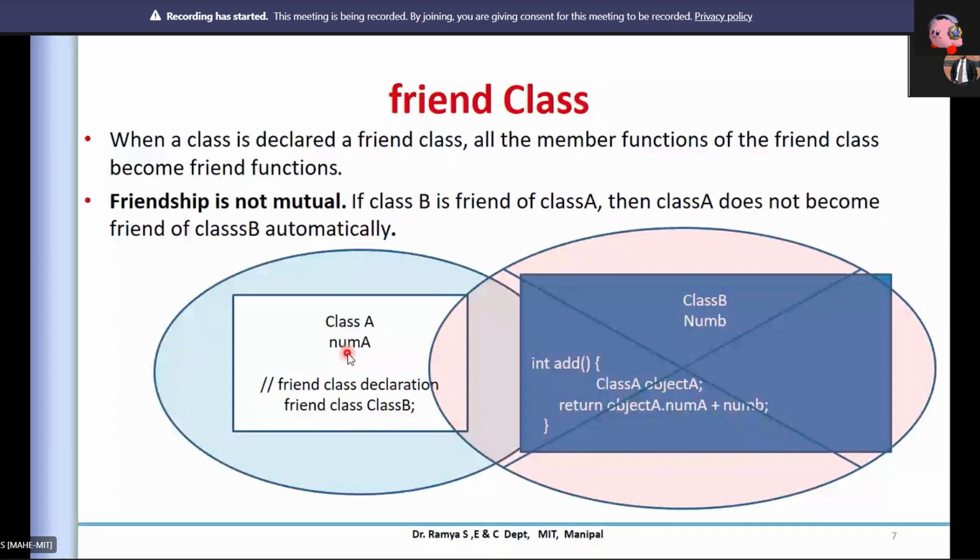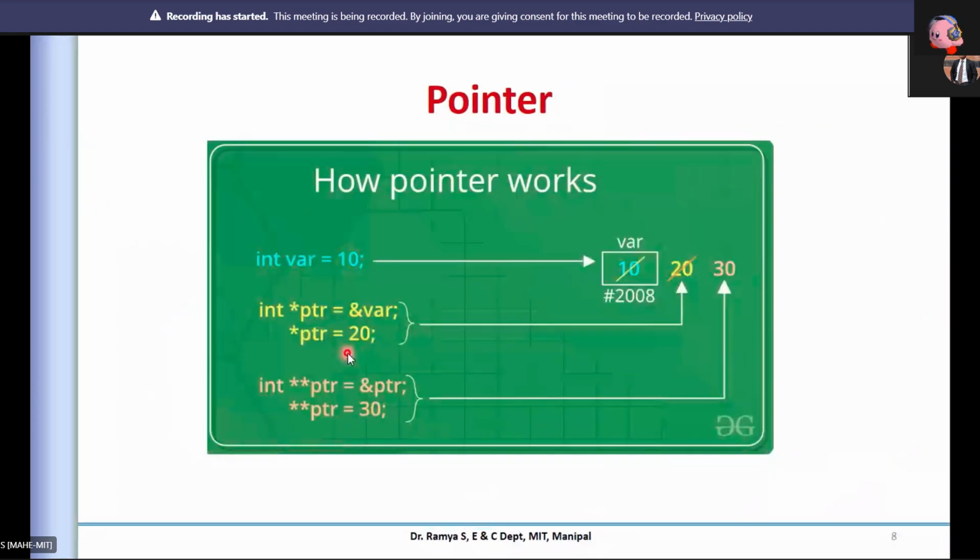Then we saw a little bit about the this pointer. The this pointer is very important when accessing members indirectly, or when creating objects dynamically and accessing them. Whatever name you have given for a variable is the usual way of declaring, but I can also access that information by its address. That is nothing but pointer ability.